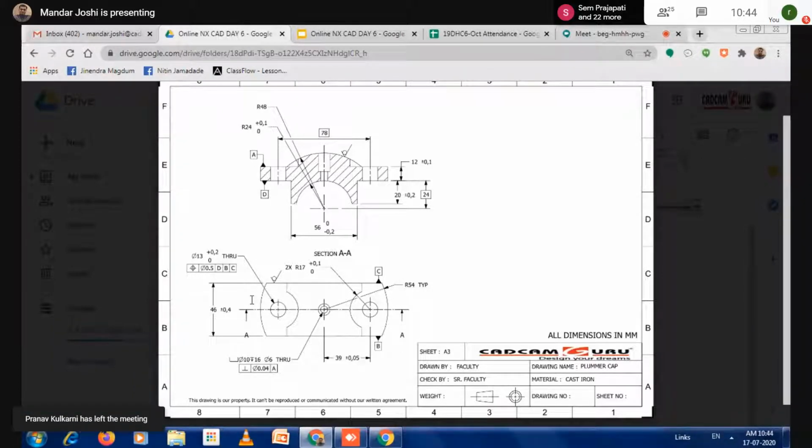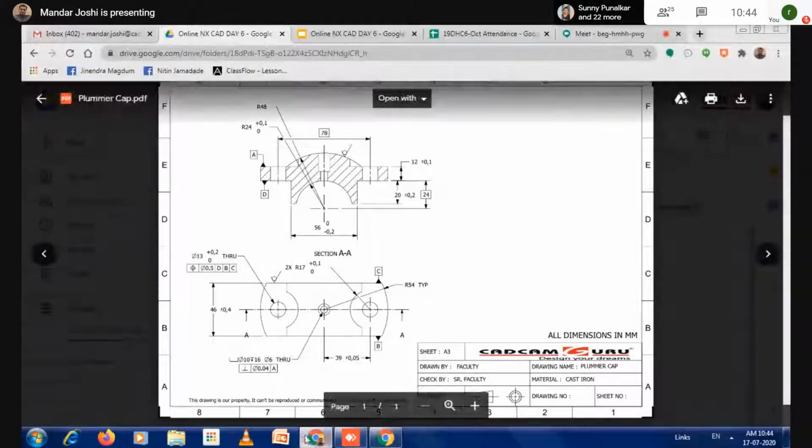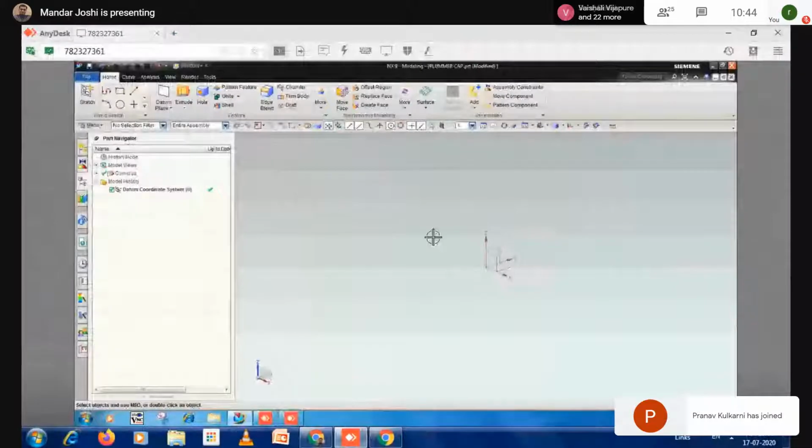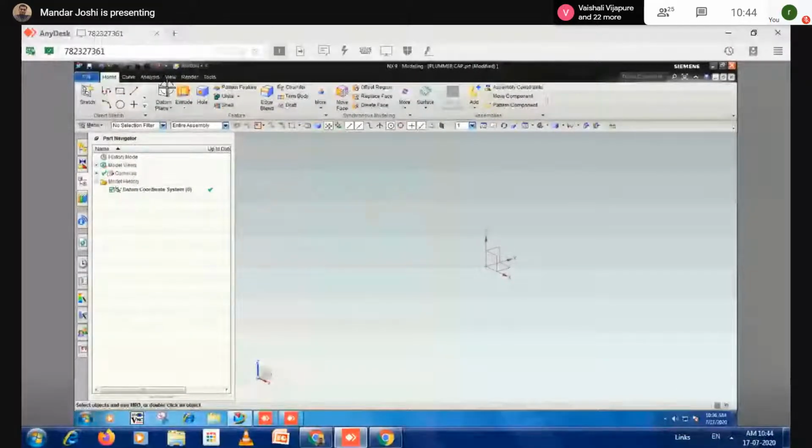Okay. Now what is the profile here? Only this outer line and arcs. Again, lines and arcs that you have to create in the top view. So now I'm going to select this model that is already activated. Now select top view. What is the process to select the top view? Use View.